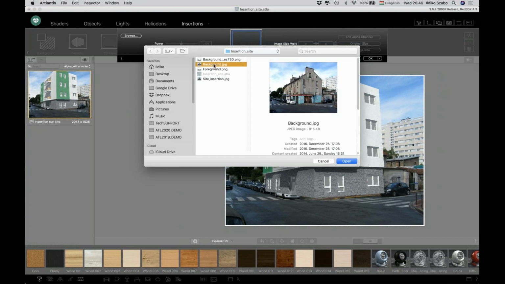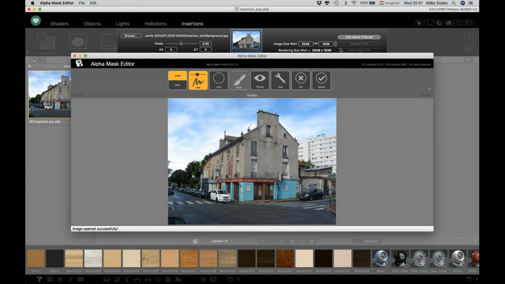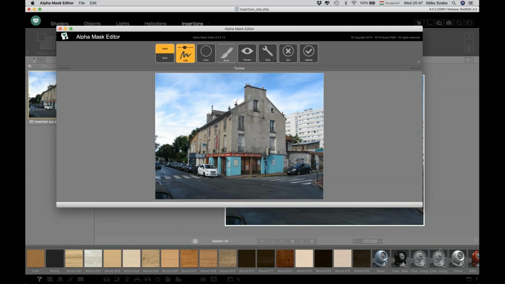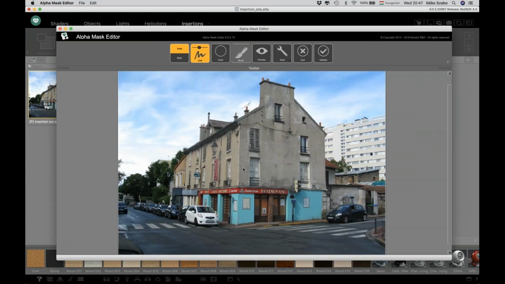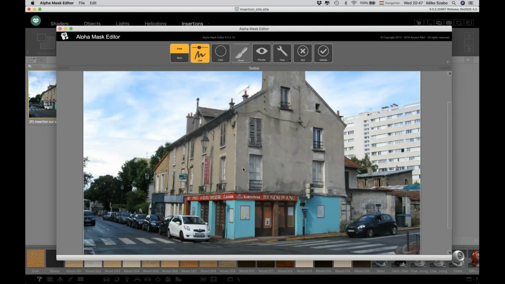This average JPEG once again, and if it doesn't have transparency, then I can assign transparency to this right inside Artlantis. Because Artlantis has an edit alpha channel, a little editor that will open a separate tool. So this editor is part of the default installation of Artlantis. So I have this image,